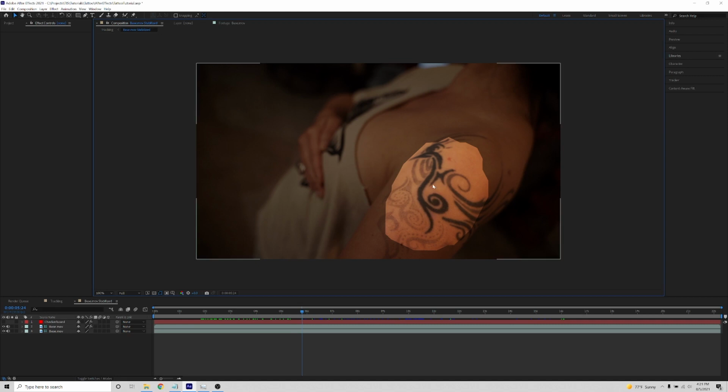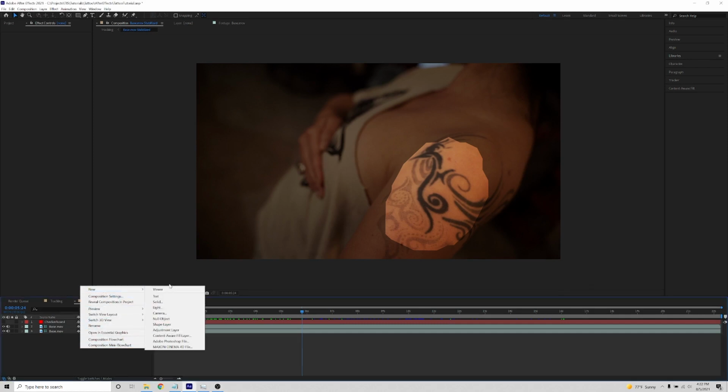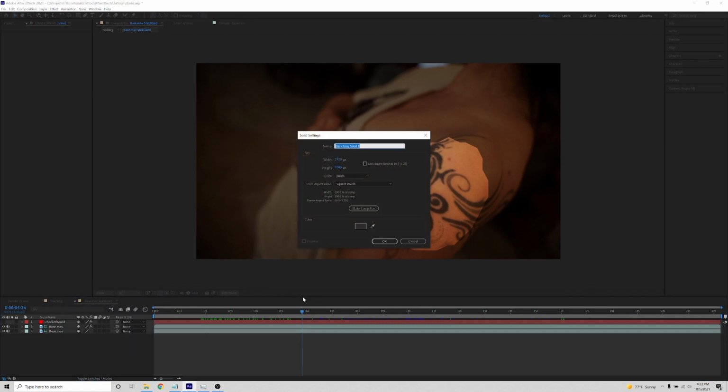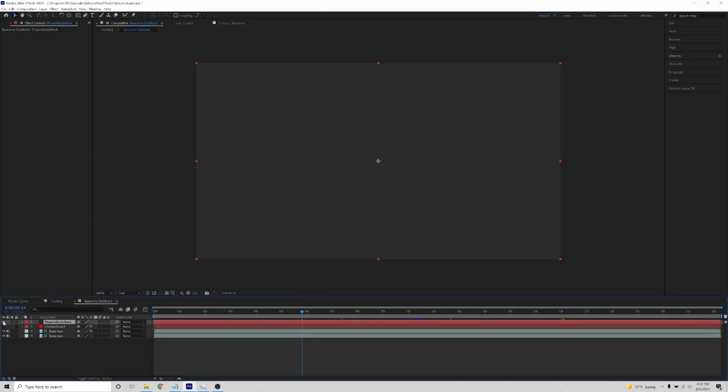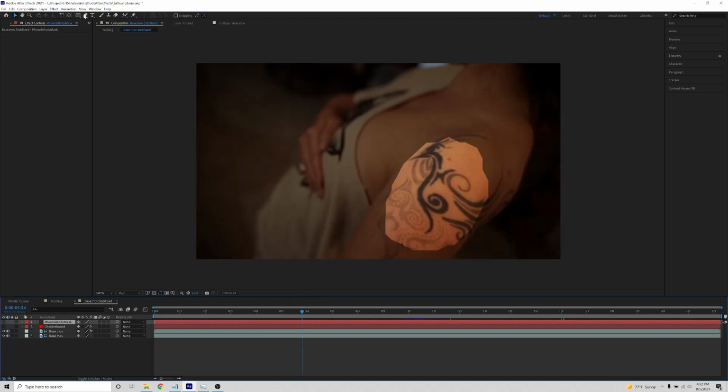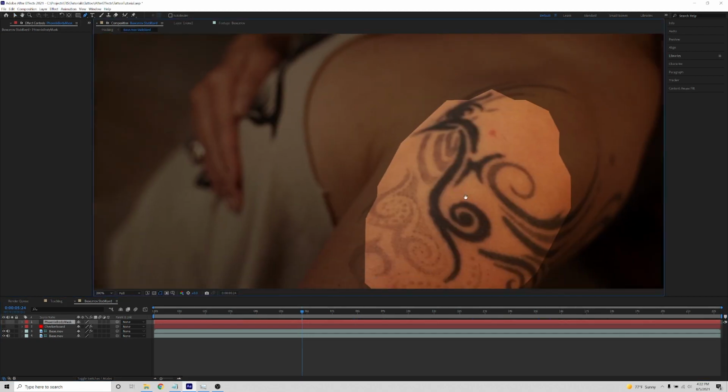So the next step is we need to create the actual effect. The first one I'm going to do is the neon lights that kind of surround the tattoo and blink on and off. And the way we do that is with a mask and Saber. First thing we need is to create a new solid. Let's go ahead and call this Phoenix Body Mask. Doesn't matter what color it is. We're going to go ahead and hide that layer, grab our pen tool, and we are going to create a